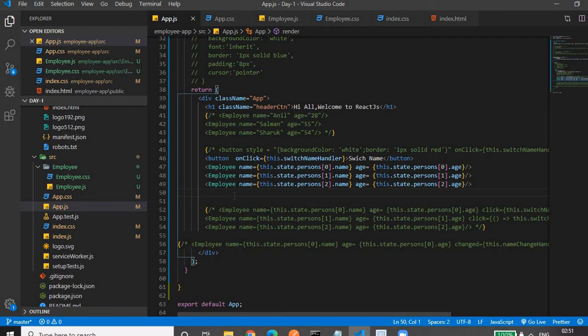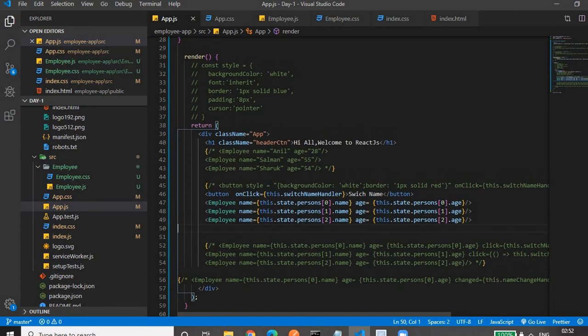Okay, so we'll see how we can avoid this, how we can apply a unique CSS class to all the elements. We'll see that in a later video. There is a CSS module for that. We will look into how we can apply a unique class to all the elements so that it won't be overridden. We'll look into that in our upcoming videos. Don't worry about that.